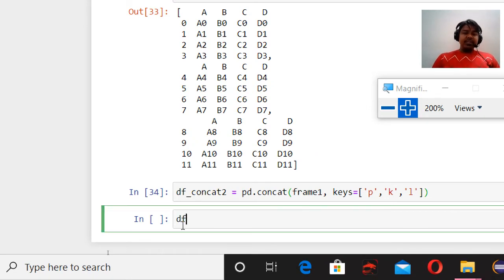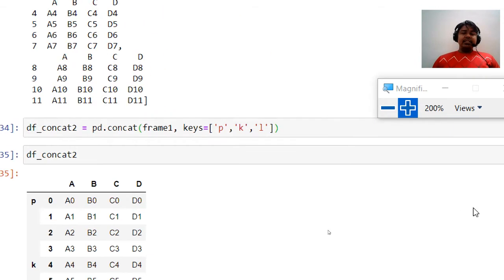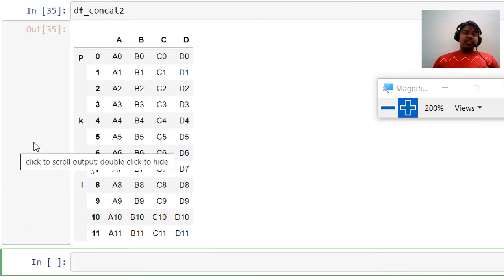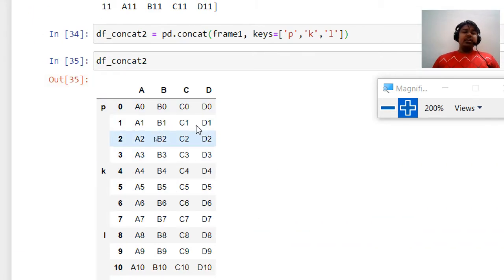So if we see, all these data frames, data frame 1, data frame 2, and data frame 3, have been combined in a column-wise manner.